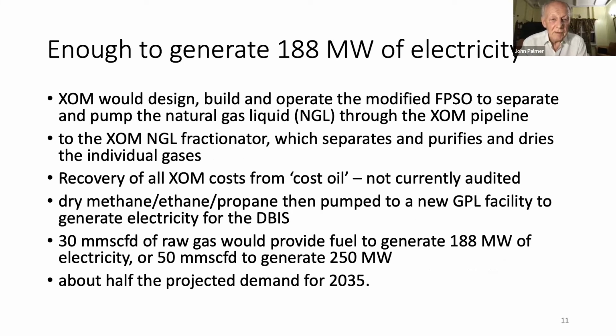30 million standard cubic feet per day would be enough to provide 188 megawatts. Or if we go to the higher level of 50 million a day, that would generate 250 megawatts. So that's about half the projected demand for 2035. I have to say that there are a variety of estimates of demand in the documents which are provided by